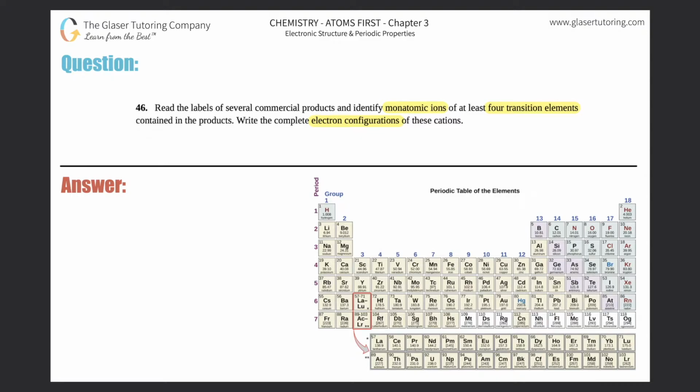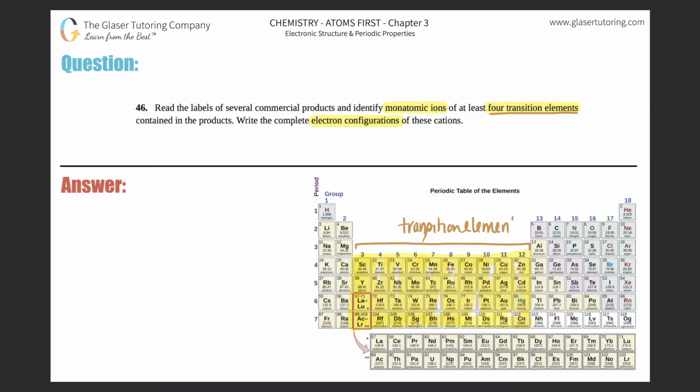So what I will say is that they want just 4 transition elements. So you guys should know where your transition elements are. They're in this category right here. So if I had to highlight them, and guys, I'm going to be using this periodic table heavily for this question. So get out a periodic table and mark it up just as much as I do, because it's much easier to see your periodic table than trying to look at this one. So all of this are transition elements. There are some exceptions, but for most part, all of these are the transition elements, all right? So we can just put transition